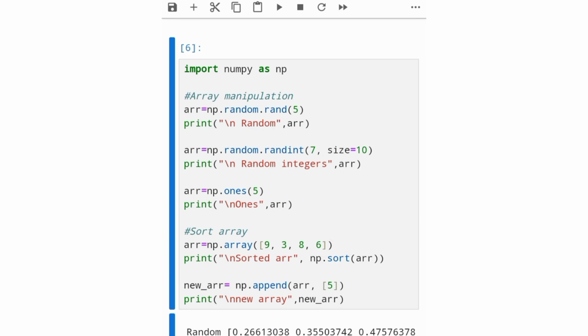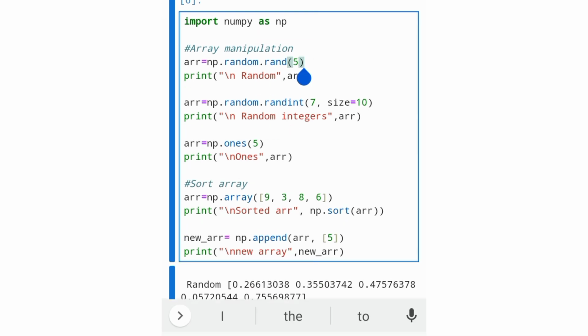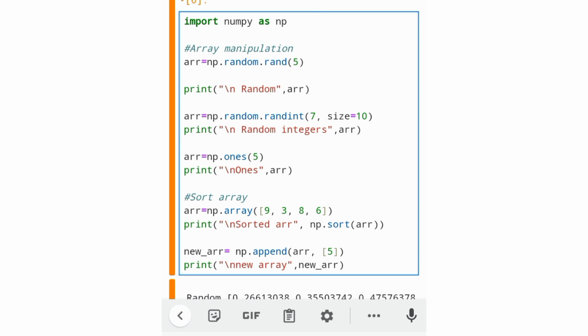Now you can see our random numbers between 0 and 1. You can see it has so many decimal places. So now let's try and reduce the number of decimal places. So all you need to do, like in our previous video, we saw how to round off. So what we are going to do, we say